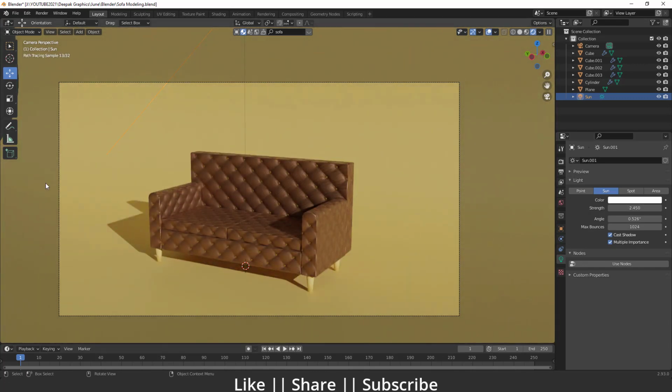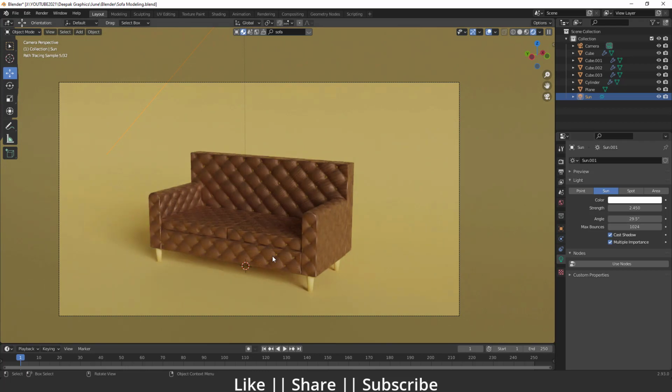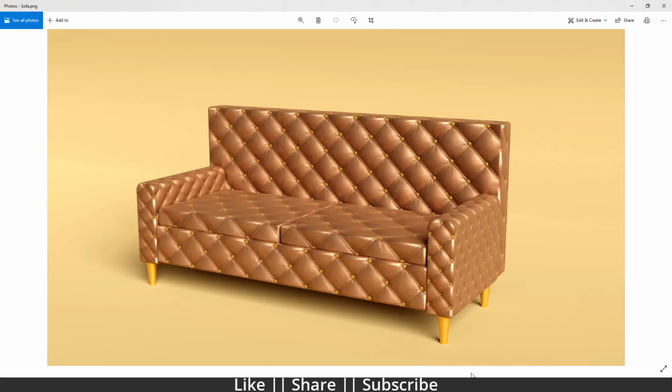Okay, and right now here you can see we have some hard shadows in our scene, which does not look realistic. So for that what you have to do is increase your angle amount, so you will get some soft shadows. Yeah, here you can see now that looks fine to me. So after that you have to hit F12, and when you hit F12 you will get the final render. Okay, and after that you have to do a little correction using Photoshop or anything else whatever you want to use, and you will get something like that.